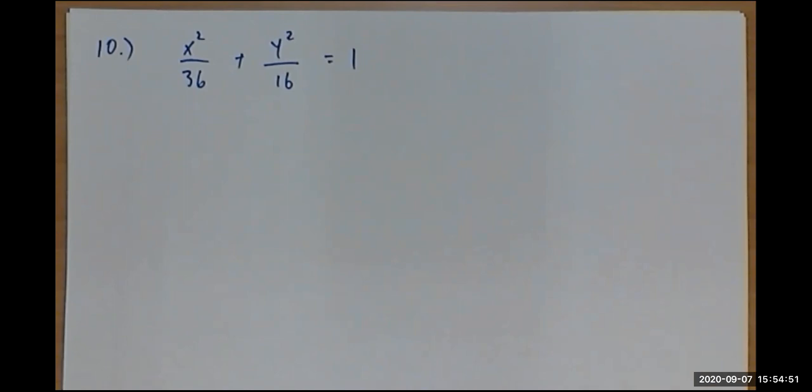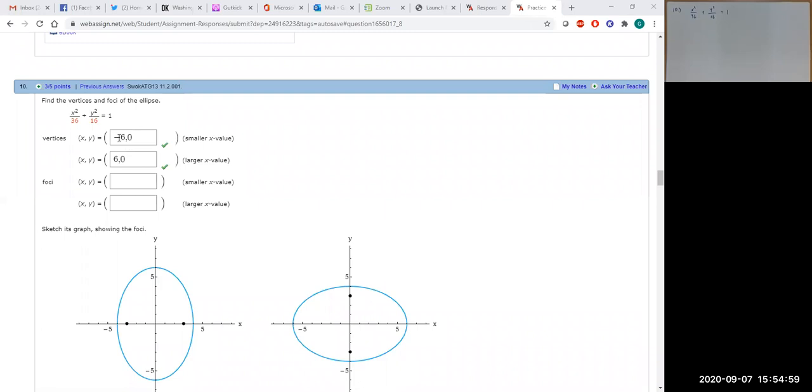All right, let me try to share this again. All right, here we go. I actually started this problem a while ago, so you see some answers are here, but here's the basic problem. So let's go and